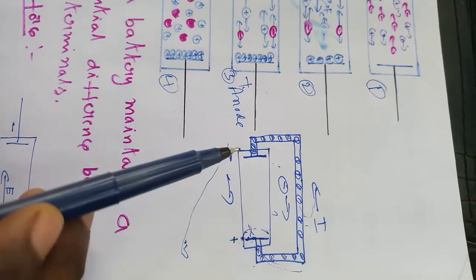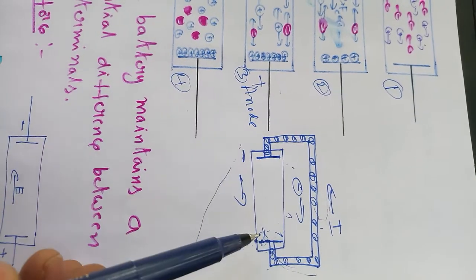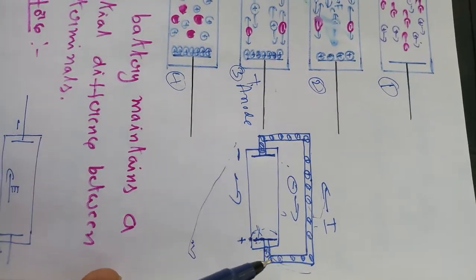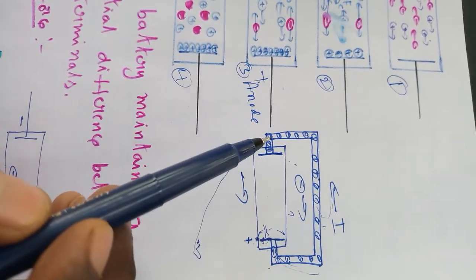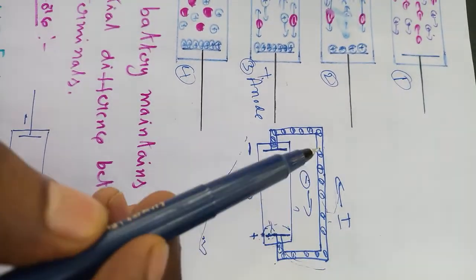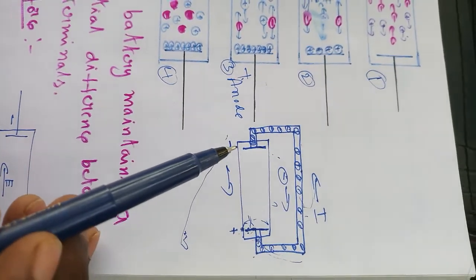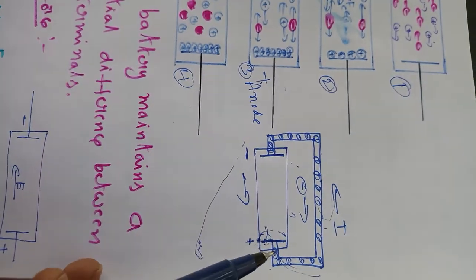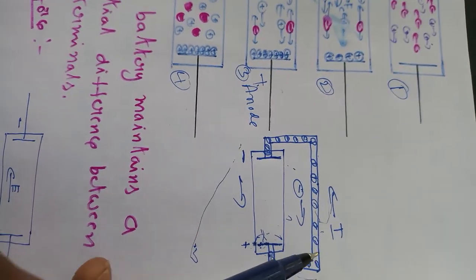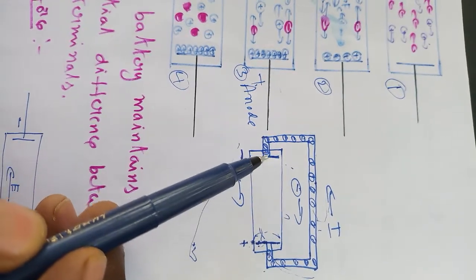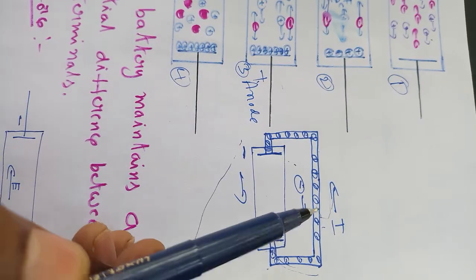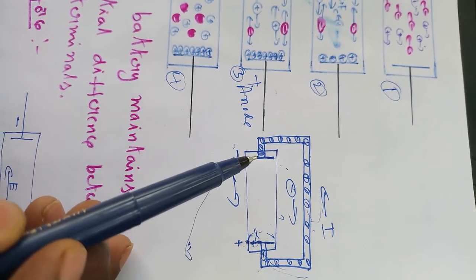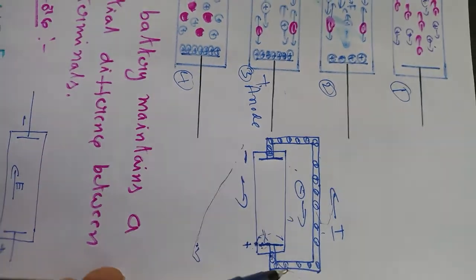This potential difference sets up a uniform electric field along the length of the wire in the direction from high potential to low potential. So this constant potential difference sets up a uniform electric field along the length of the conductor, and this uniform electric field exerts the electric force on the electrons in the direction from lower potential to higher potential.